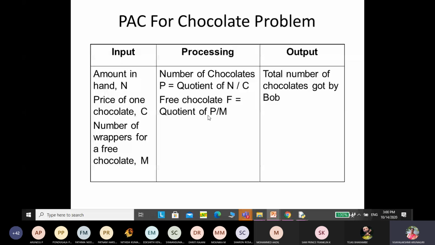Then that quotient of N by C divided by M will give the free chocolates. At last, how will we get the total chocolates? By adding the number of chocolates plus the free chocolates. That is the chocolates Bob will get at the end. Clear? So this PAC helps us to understand the problem, and it also helps us to write the code